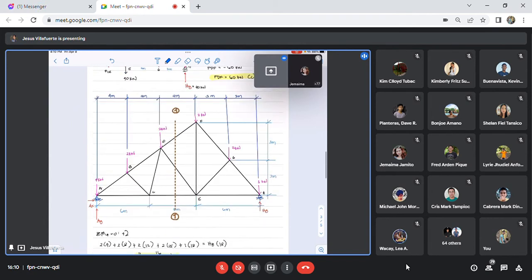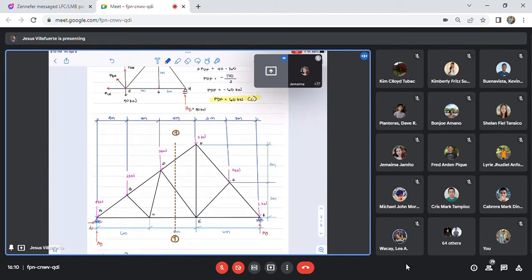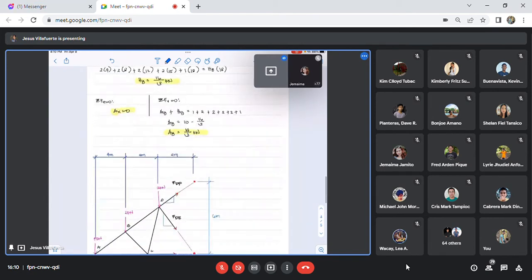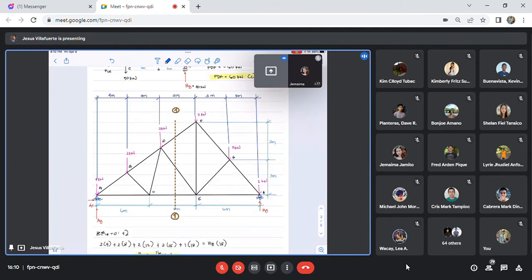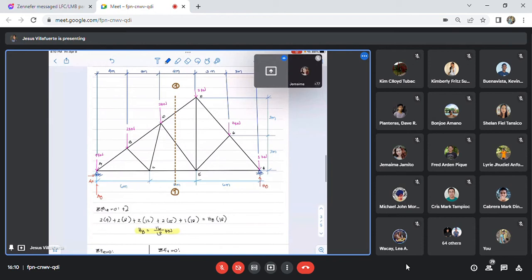So what is the angle during the pita? What is the rise? It's 6 for DF. This one. The height is 6 and then it's 12. Tama? The height is 6 and then the length is 12. So 6 divided by